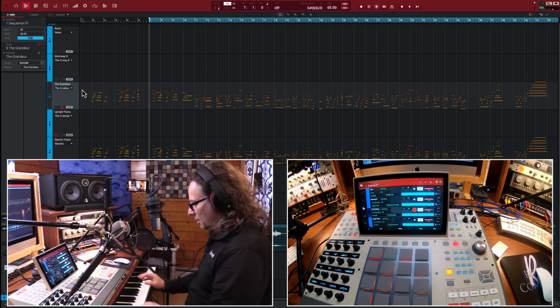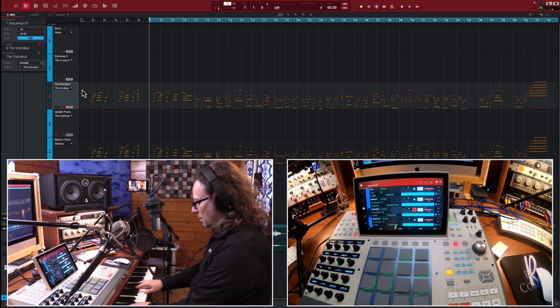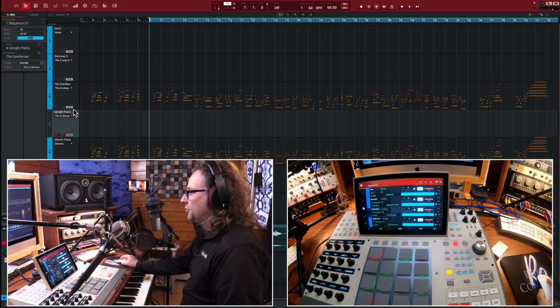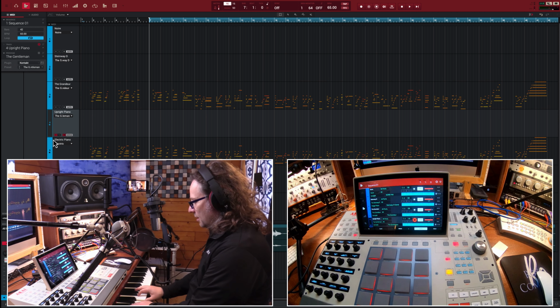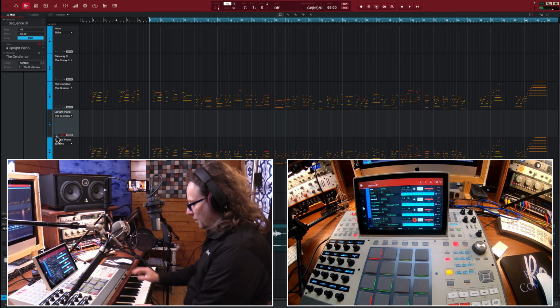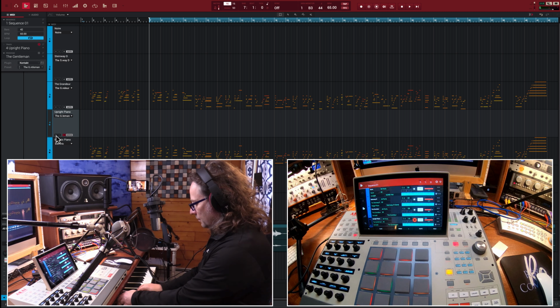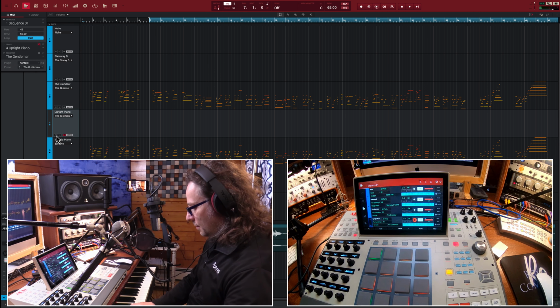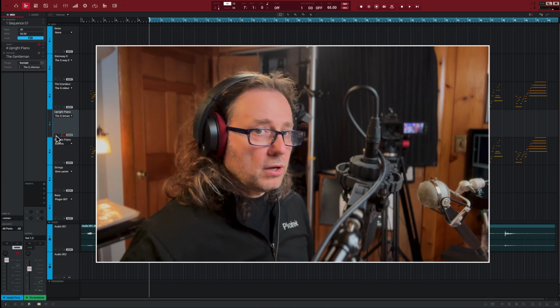This is the Grandier. And this is the upright from Contact. Here we go. They all